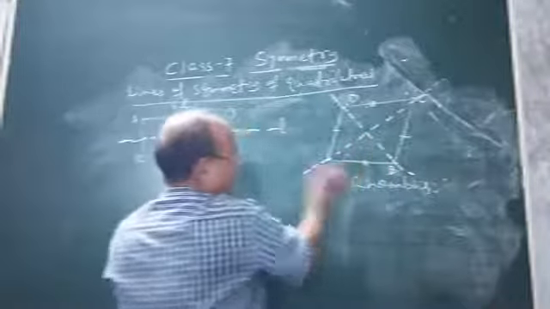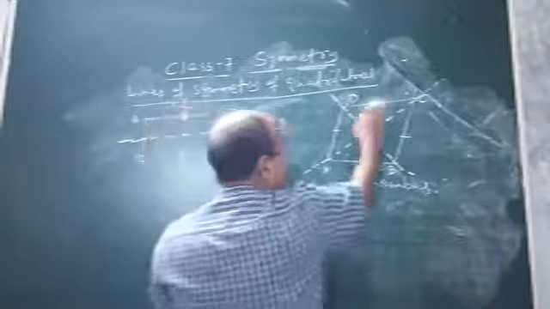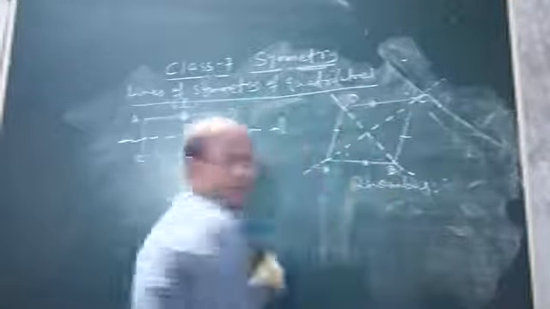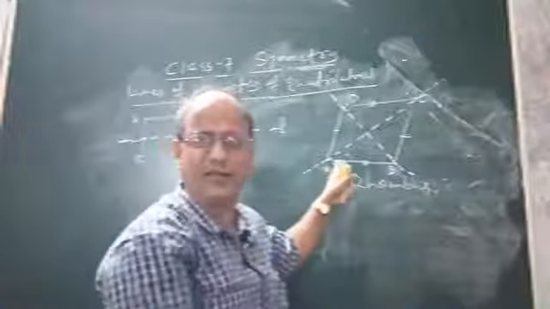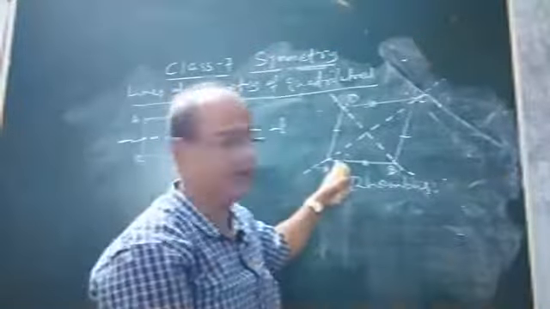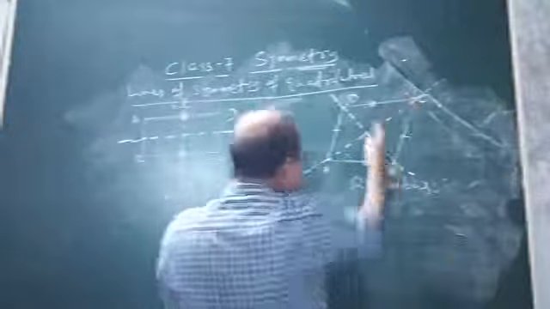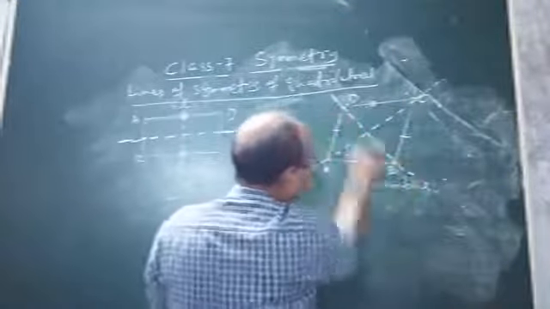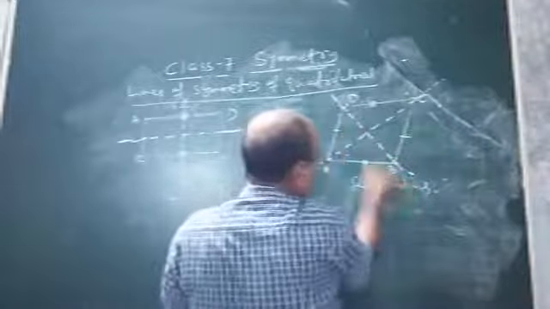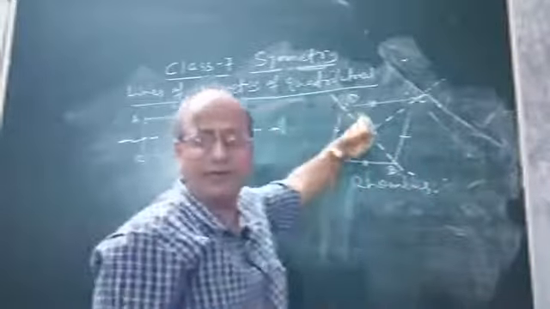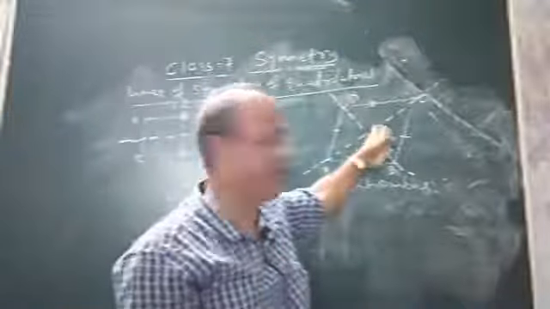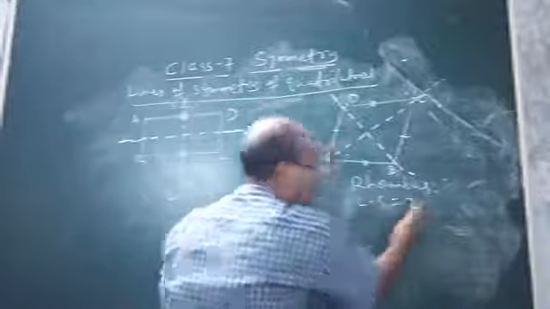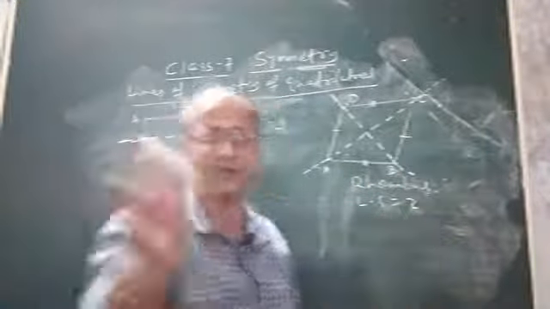Vertex C will fall on A. And BC will fall on AD and DC will fall on AB. Fall on means it will completely, exactly cover or coincide. So triangle BCD and triangle BAD will no doubt coincide with each other if we fold them about the diagonal BD. So we can say the diagonal BD is one line of symmetry and AC is also one line of symmetry. So in a rhombus, the number of lines of symmetry will be 2, and it is the diagonals of the rhombus which are the lines of symmetry.